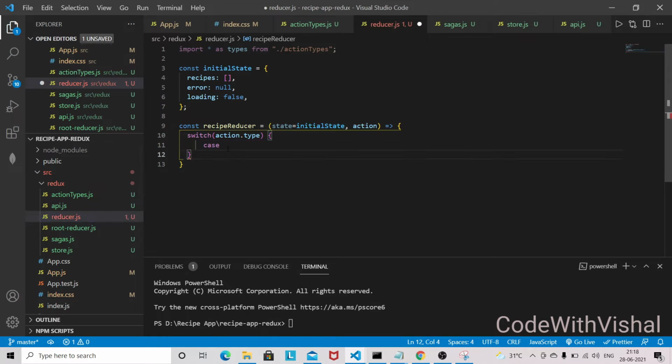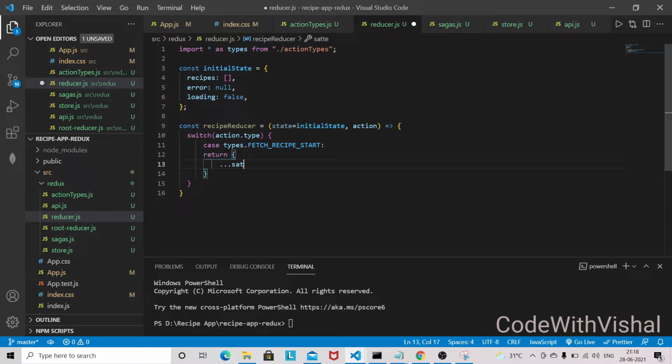So we are going to write all these cases. So types dot fetch. So in case of start, not this way, so we are going to return. So I'm going to spread out state. Loading will be true. So that's it for this start case.